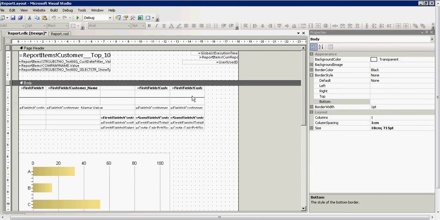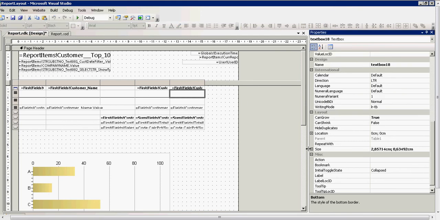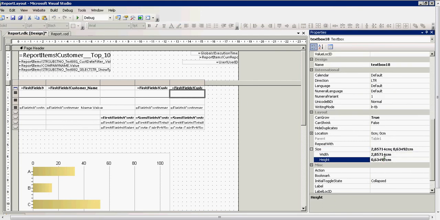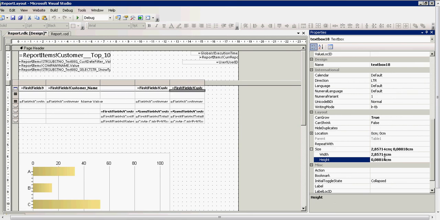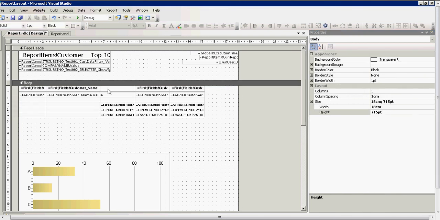There we go. And you set the height to 2.5 points. There we go. And the empty row underneath, you set this as a height of 2.5 points. So that's a fairly quick way of getting a solid line in the right space just underneath the header.